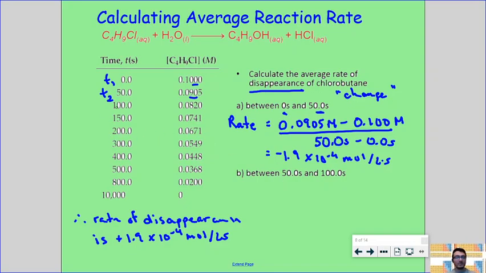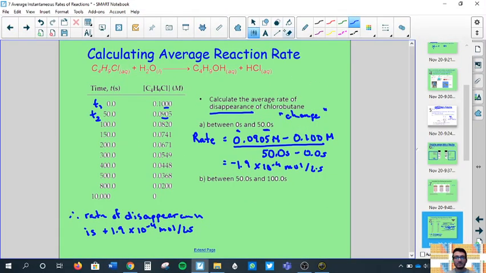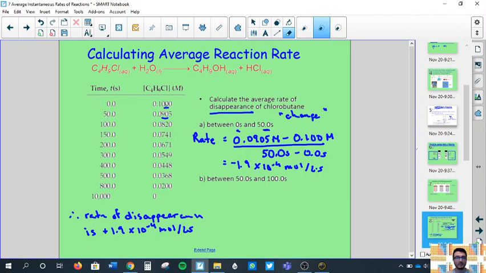All right, next, B, we're now comparing other times, or the points we have between 50 seconds and 100. So that means I'm going to exit presentation mode, and let's erase just some of this here. Okay, and back to my pen. All right, so between 100 and 50 seconds. All right, so rate,